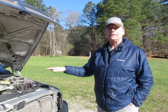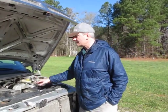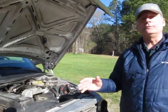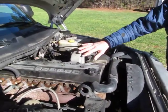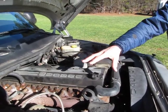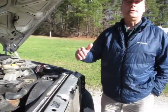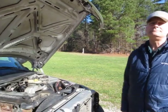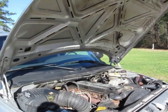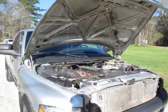Now, this truck's not been modified. This is a stock vehicle, except for the transmission you mentioned. Yes, but other than that, a big improvement. Now, some guys change out the ram horn and put something that flows better, or increase the turbo, and do things that can abuse the engine and the drivetrain. This has not had any of that done to it. This is awesome. So 100% from bumper to bumper, basically stock, with the exception of a heavy-duty built transmission,